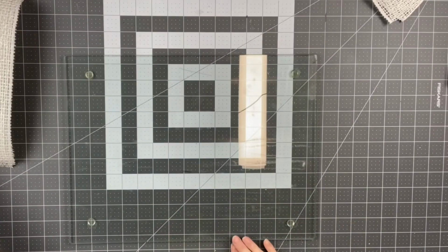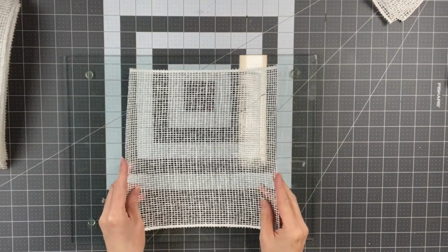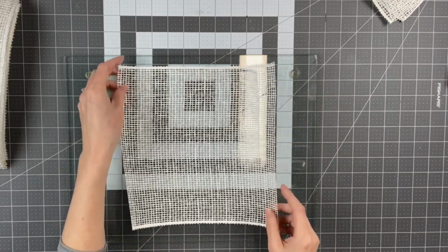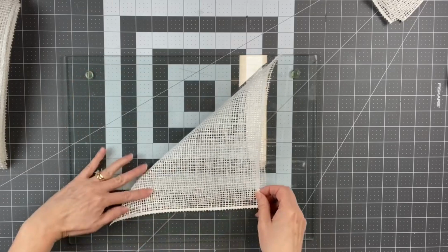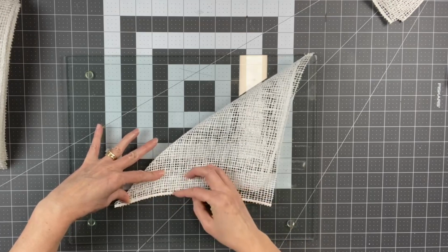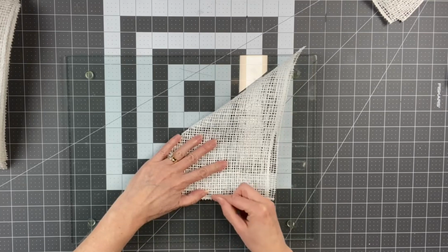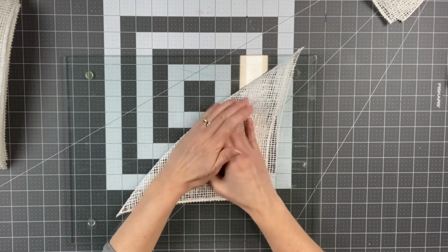So I want to show you how I make the angel wings. We are going to do a left side and a right side. Okay, I'm going to do the right side first. I have the finished edge on the top and the bottom. And I'm going to take the left corner and bring it down. And I'm going to make sure that this edge is right at the end of where that finished edge kind of ends up here. Okay, we want that 1/4 of an inch just so that when we fold it, this doesn't peep out from behind. Okay,